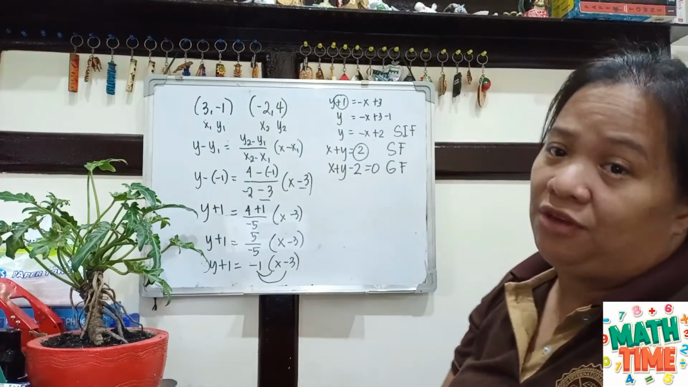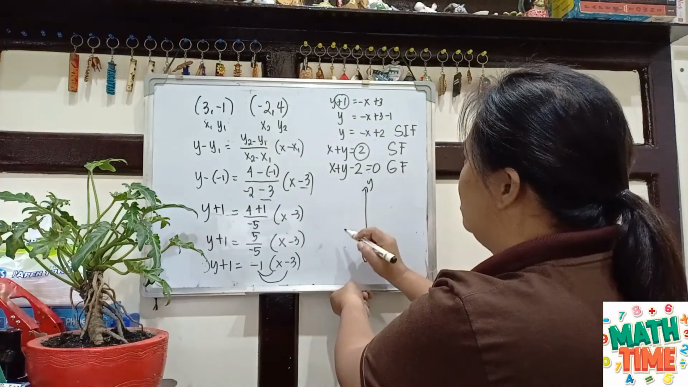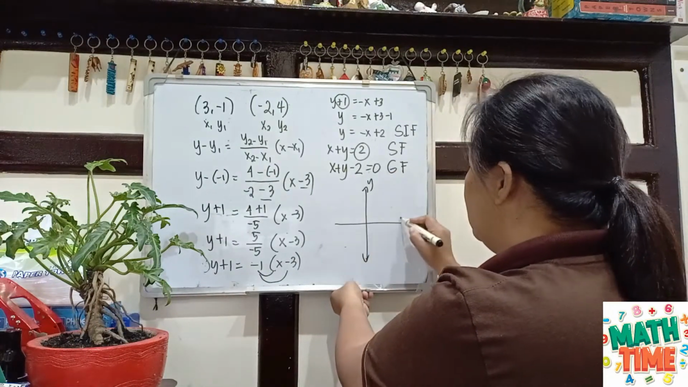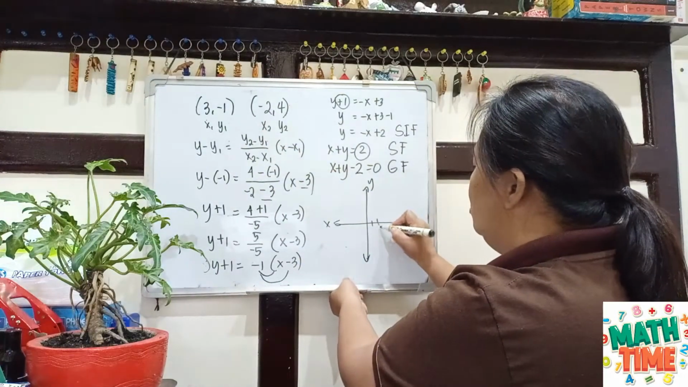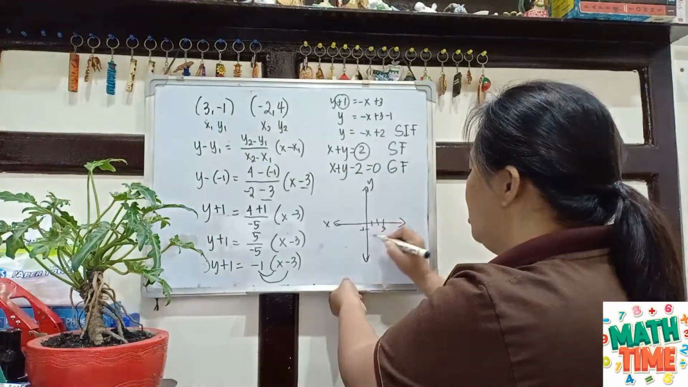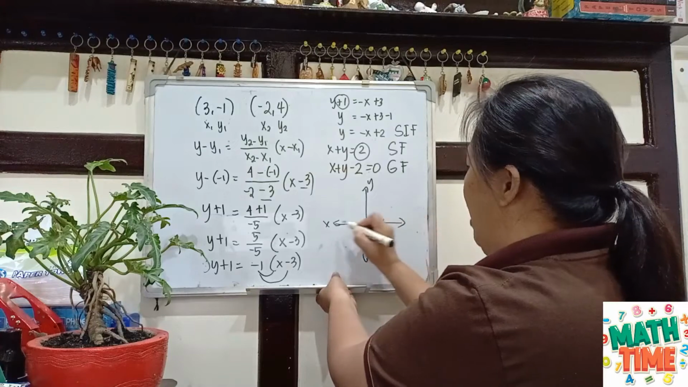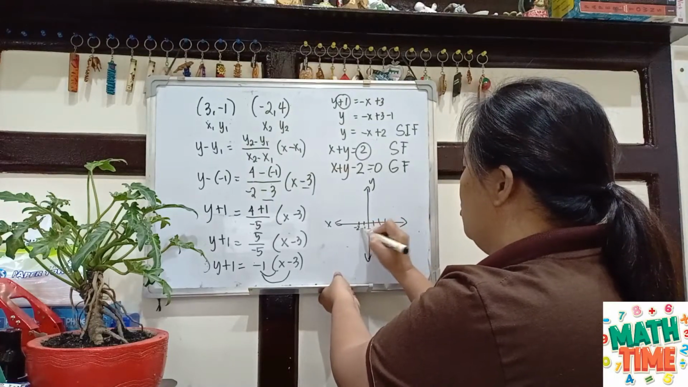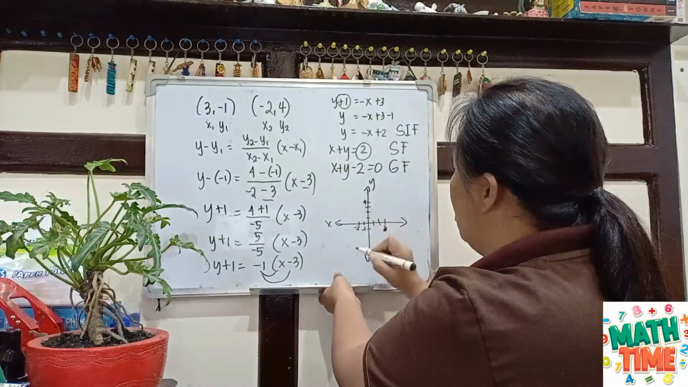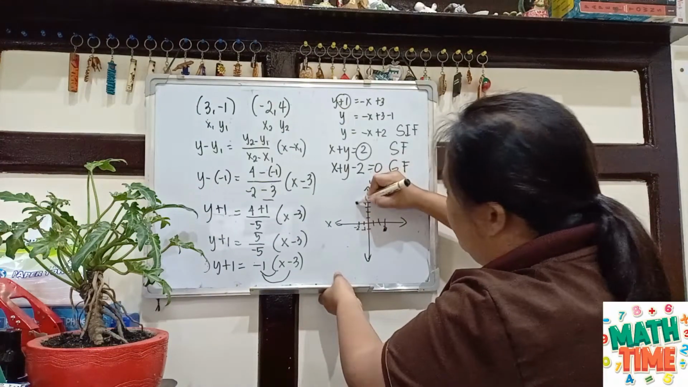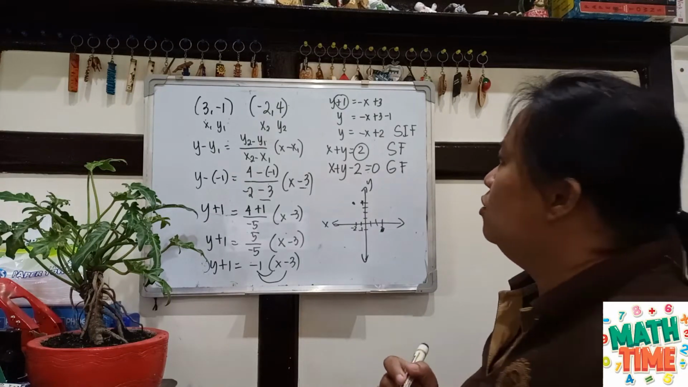If we are going to graph it, this would look like this. This is our y-axis, and this is our x-axis. So, 3, negative 1 is 1, 2, 3. Negative 1 is here, so this is your point. Negative 2, 4: your x is negative 2, negative 1, negative 2. Then 4 is going up, 1, 2, 3, 4. So, this would be negative 2, 4. Okay? So, here,